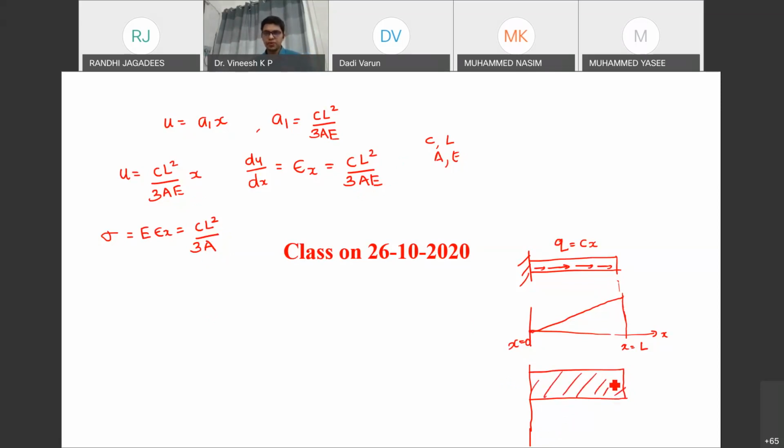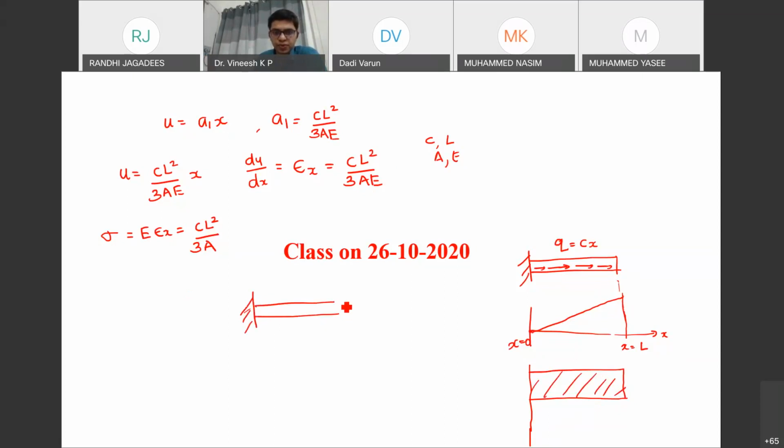So the displacement we assume is a linear variation. When you assume a linear variation of displacement, the strain you are going to get is constant throughout the geometry, and the stress is also constant throughout the geometry. Now, if you look at the problem physically, what are you going to get?